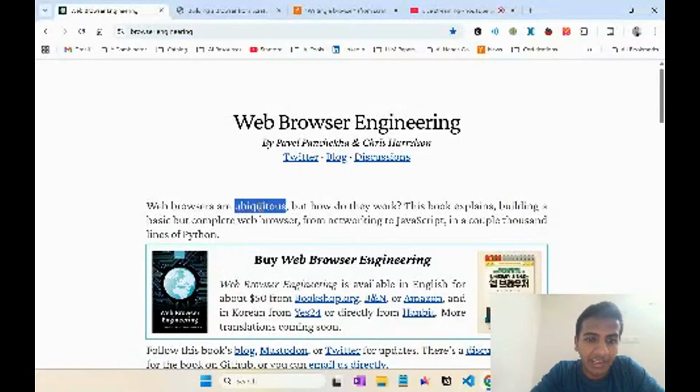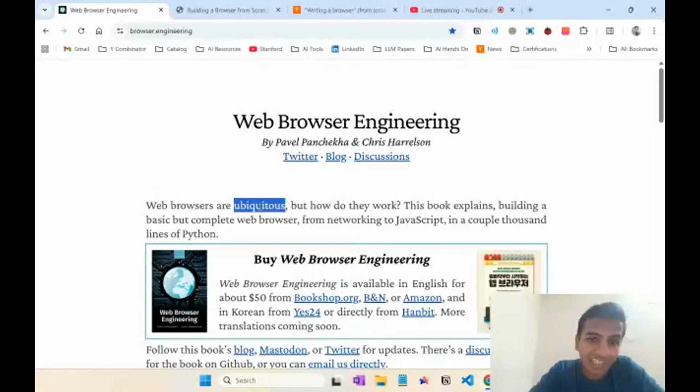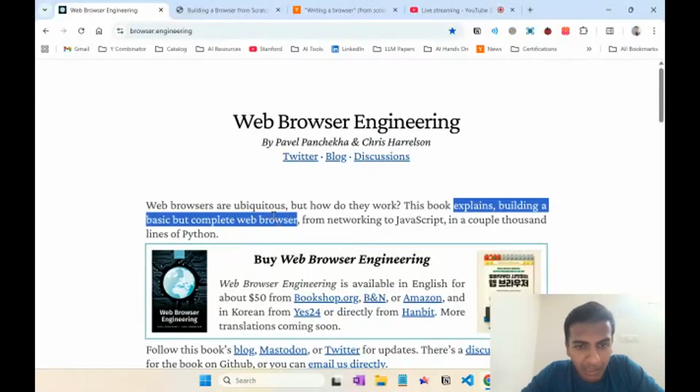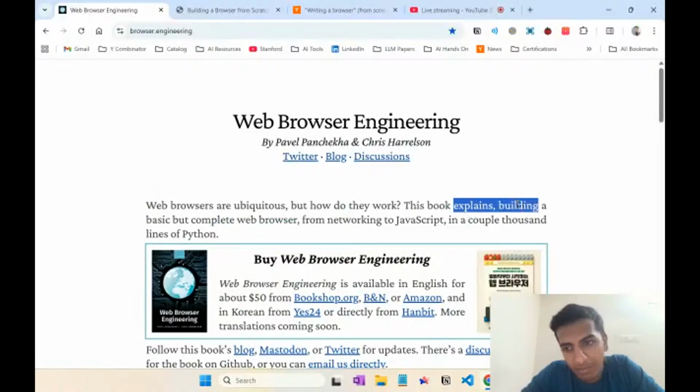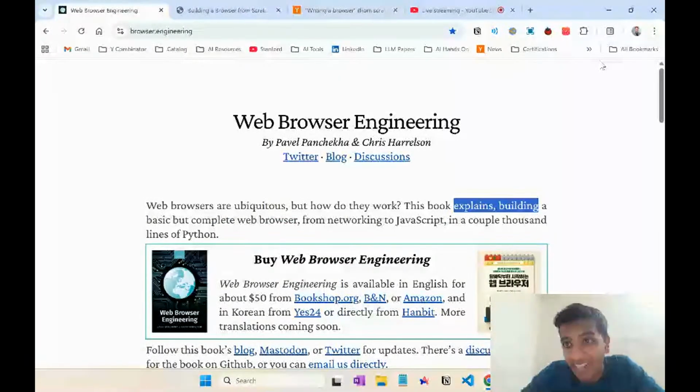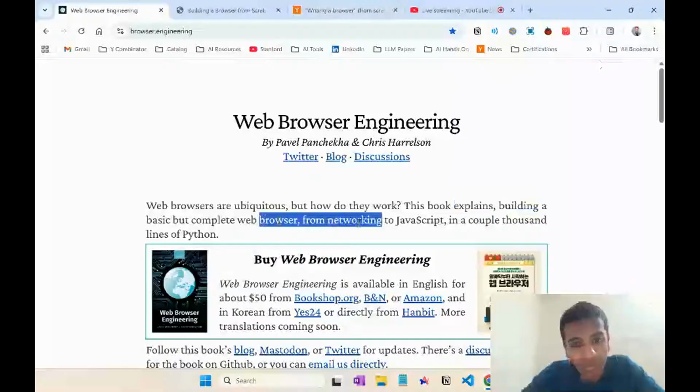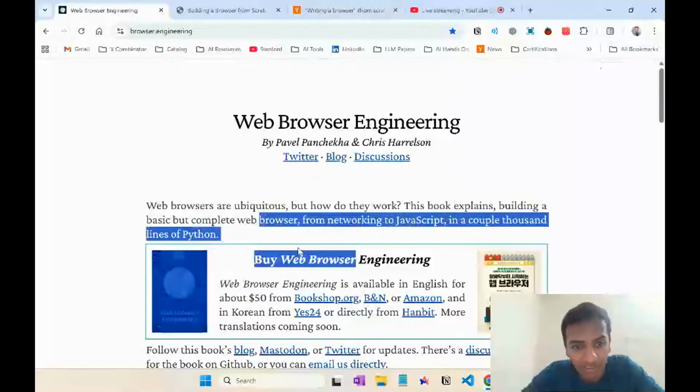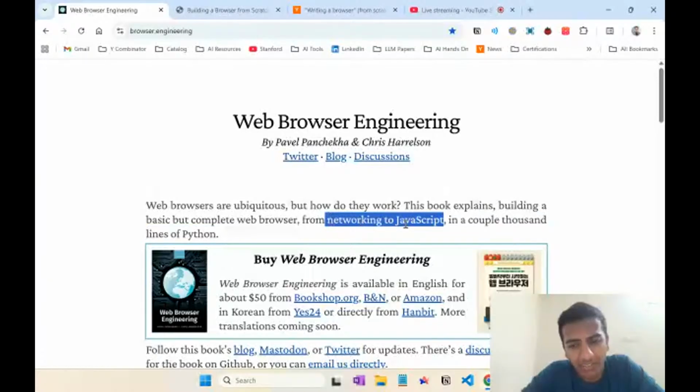So ubiquitous means it's too common, like unique is called ubiquitous. But how do they work? This book explains building a basic but complete web browser. I don't want features like extensions and all, but it will be a complete end-to-end web browser, from networking to JavaScript, in a couple thousand lines.